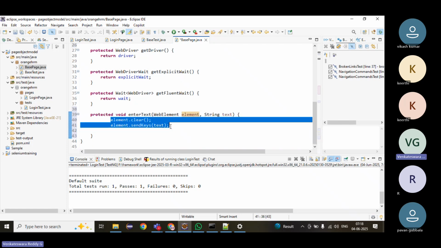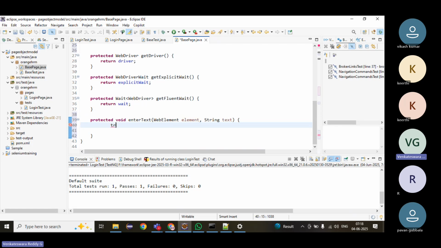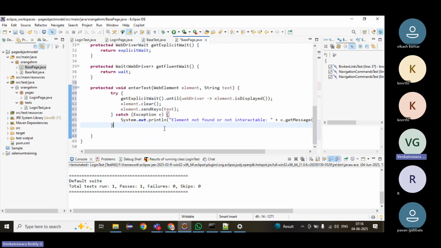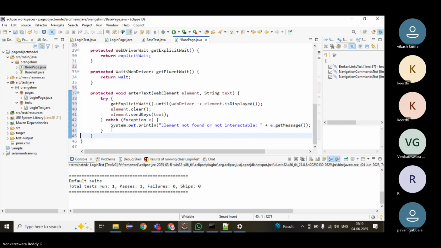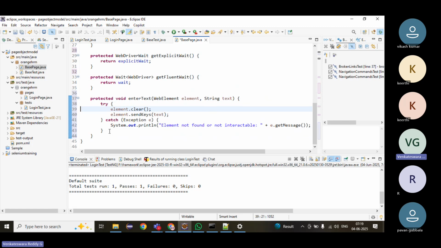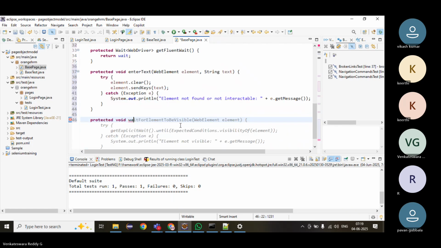Okay. Before writing this, we must have exception handling. Right. We must have explicit wait. Then here also we will create one. Protected void wait for element to be, just a wait. Simple. For this wait,